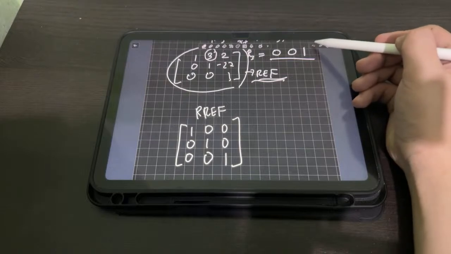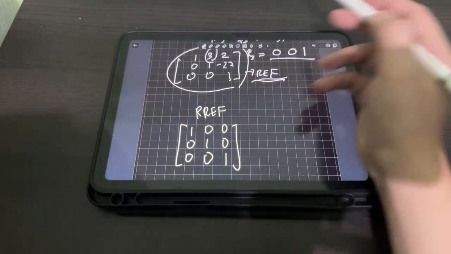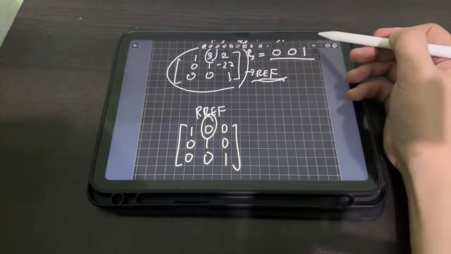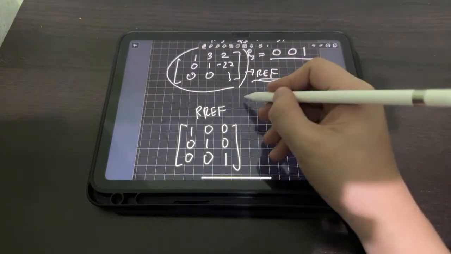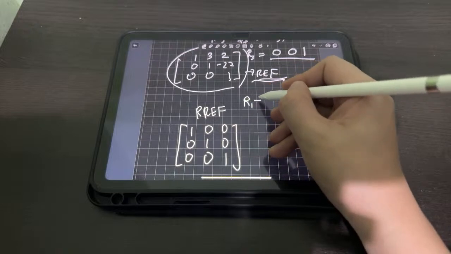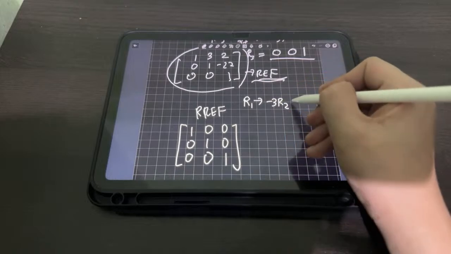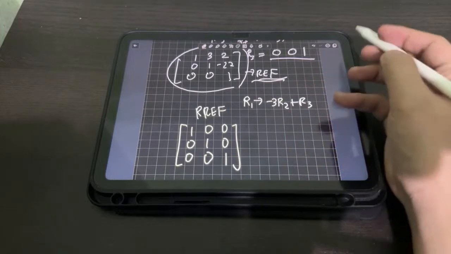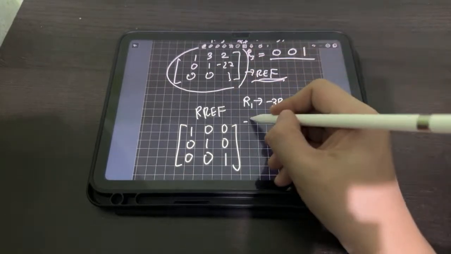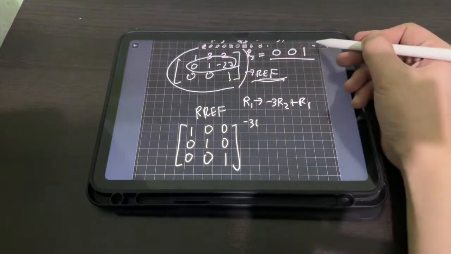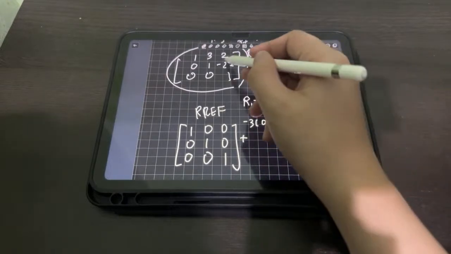Okay? So let's start with 3. Make 3 become 0. Okay? How? Applying elementary row operation. So we can have R1 equivalent to negative 3 R2 plus R1, right? Okay? So that we have negative 3 times the entries in R2, 0, 1, negative 22, plus the entries in R1,